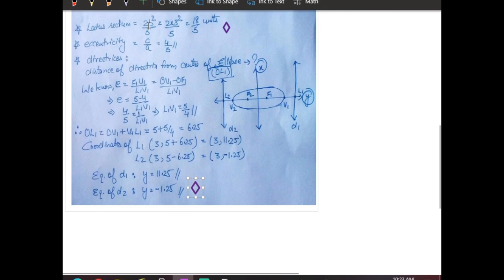Either appreciate your standard formula and go by that, meaning do write your general formula in the beginning as I have written in this question, or if you sort them out by your own visuals, make sure whatever you use, 2b square over a, oh sorry, I've written b first, it should be a. Where b is the semi minor axis and a is the semi major axis. So do substitute for them only. Similarly for c over a. And this is the equation of directrices.